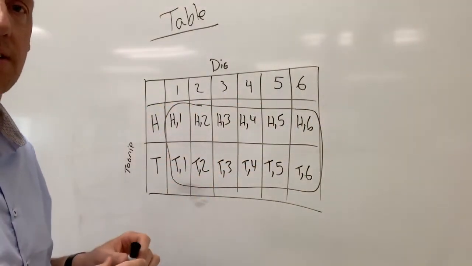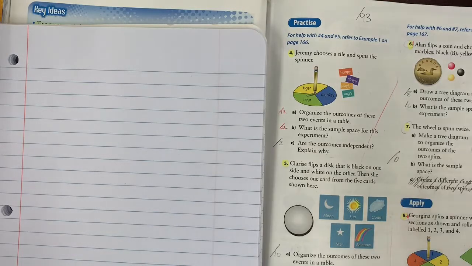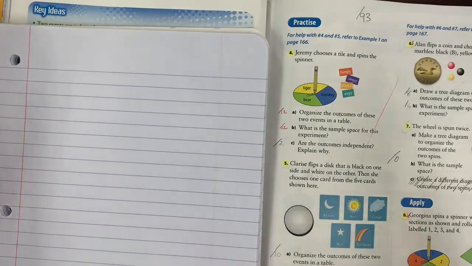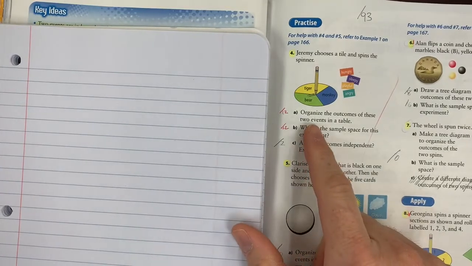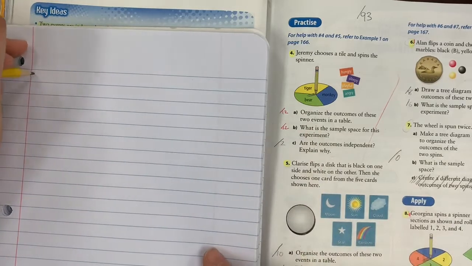Okay, I'm going to show you a couple of questions here. I'll do a couple for you, and then I'll assign a couple for you, just so you can see exactly what we're looking for, what we want to show with probability questions like this, organizing our outcomes. Okay, for number 5,